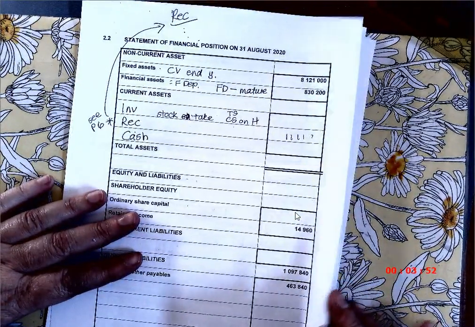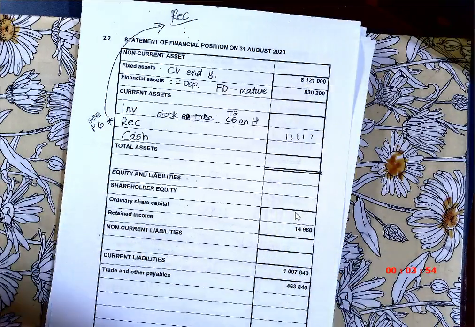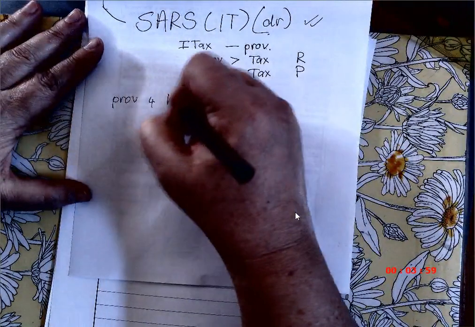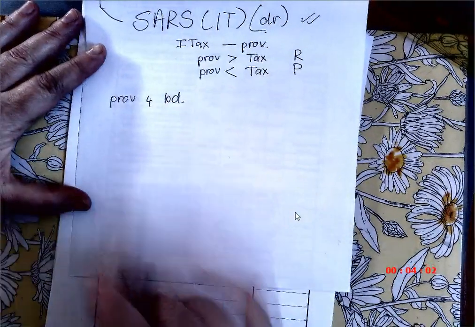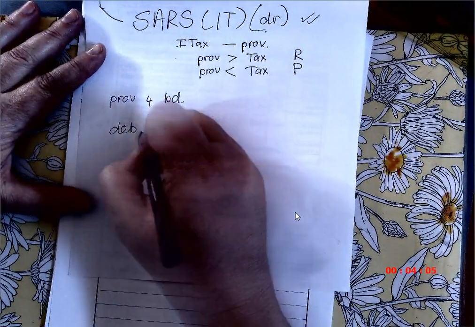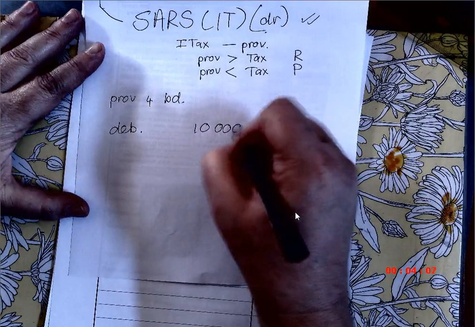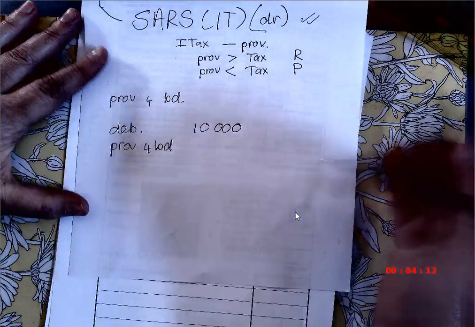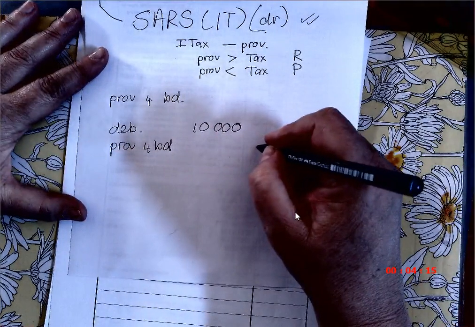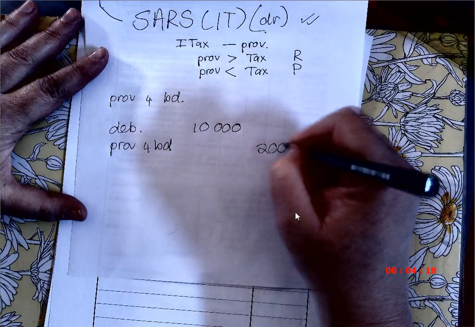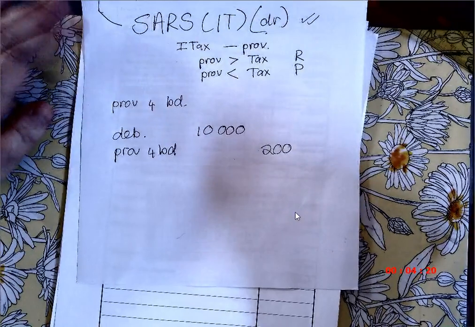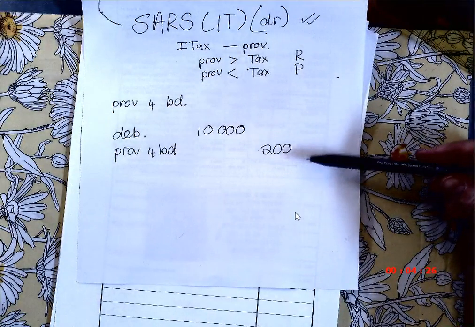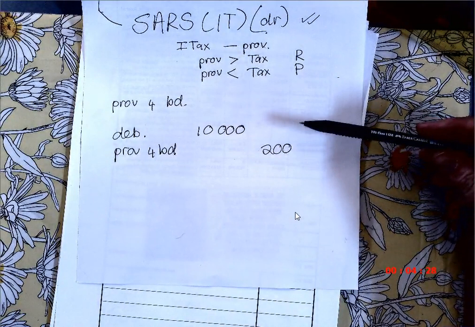Must I do provision for bad debts with you? Okay. Provision for bad debts works like this. I have a debtors control. Let's say my debtors control is 10,000. Now I have a provision for bad debts, say 200. So in other words, what I'm saying from this is that my asset for debtors, what I'm supposed